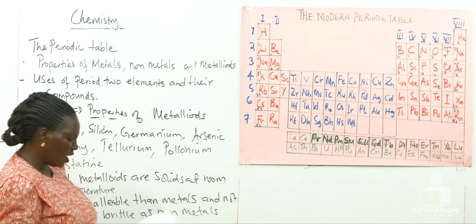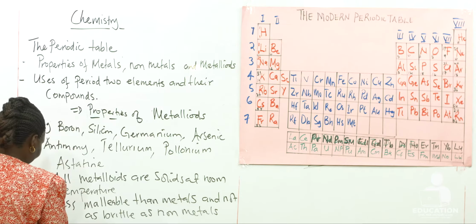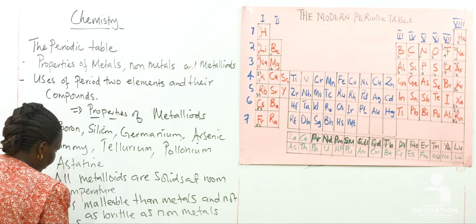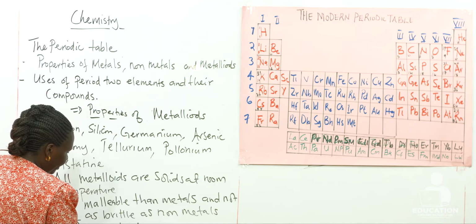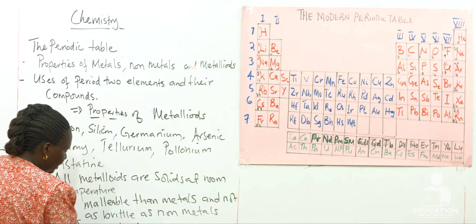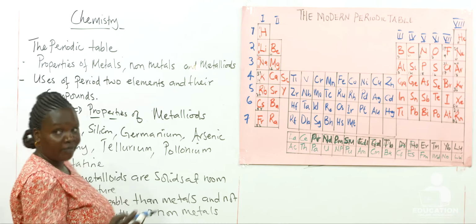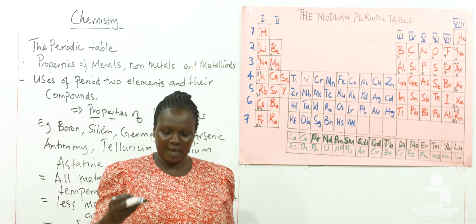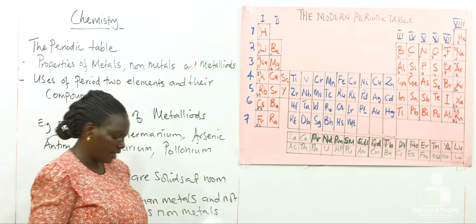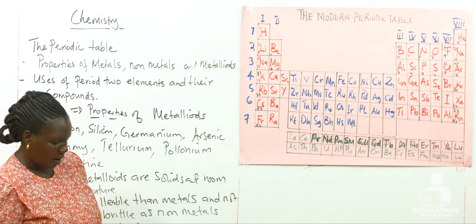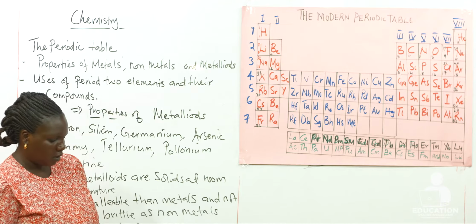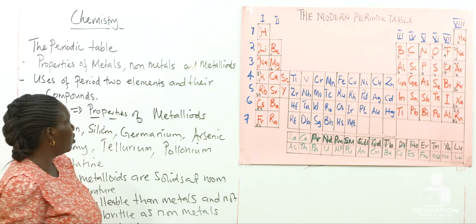So metalloids tend to be semiconductors, which means they can conduct electricity but not as well as the metals. They can conduct electricity, but not as well as non-metals. So this is all about